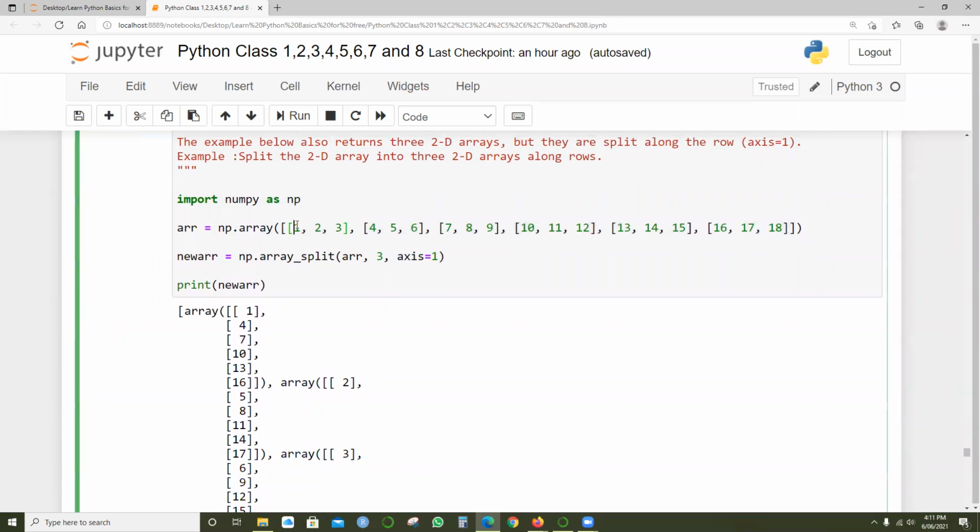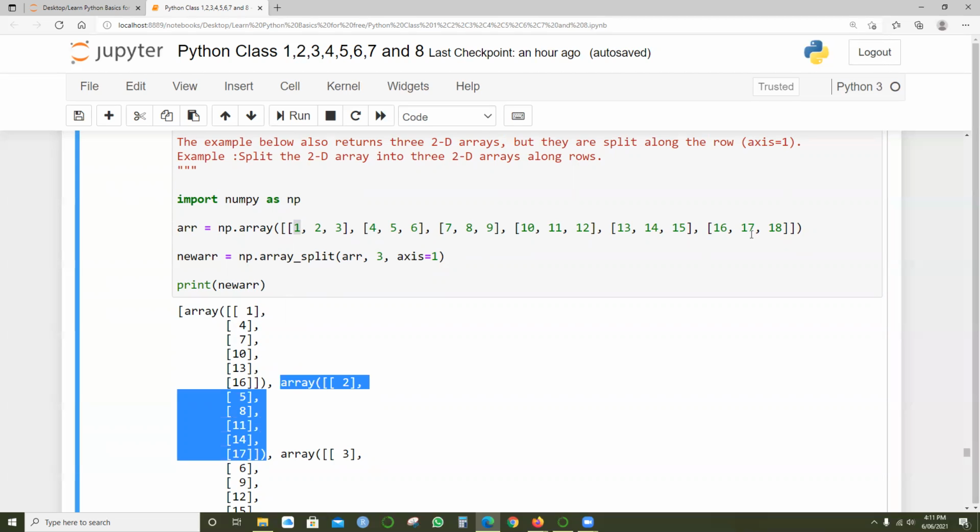We got 1, right? Then 4, then 7, then 10, 13, and 16. If you look at this carefully, what are the elements it is bringing up? All the first elements: 1, 4, 7, 10, 13, and 16. And can you guess the second one? The second set will be 2, 5, 8, 11, 14, and 17.